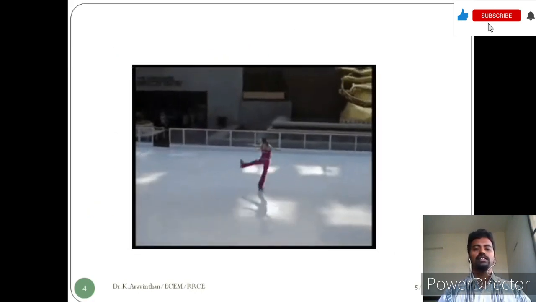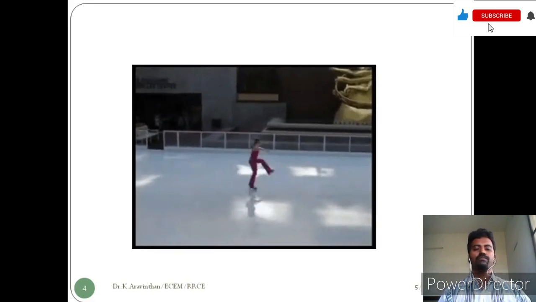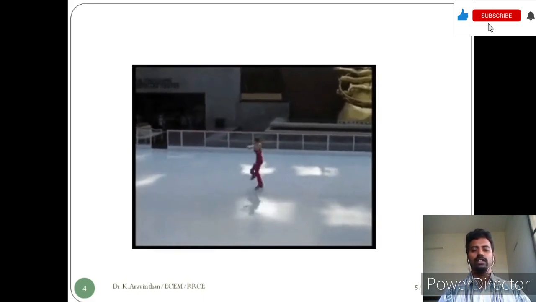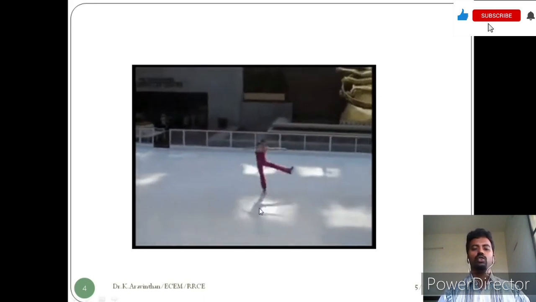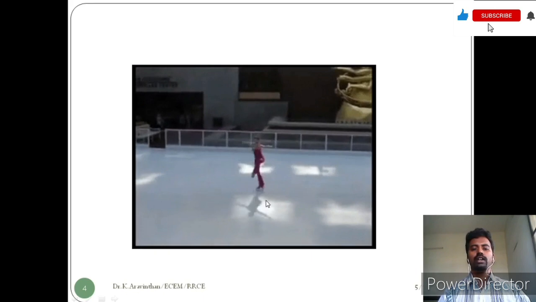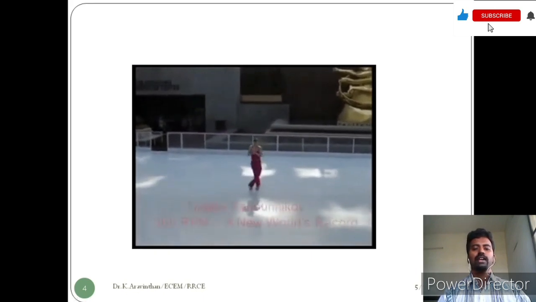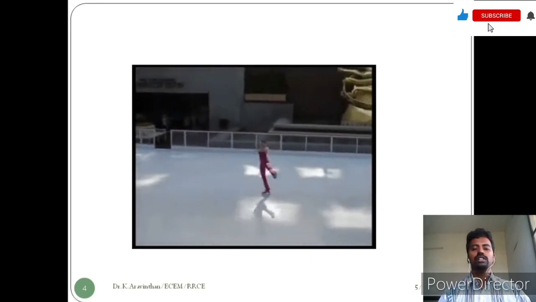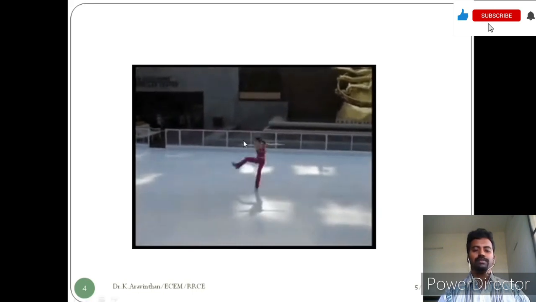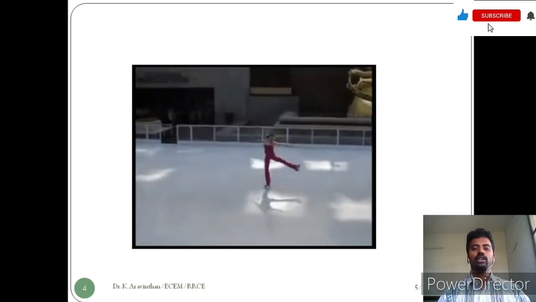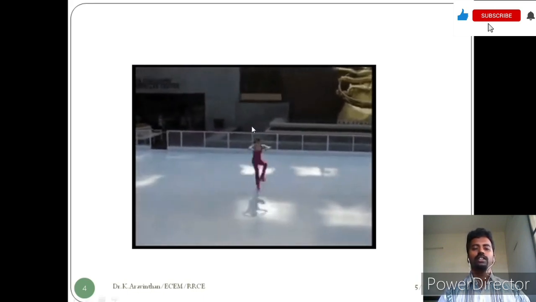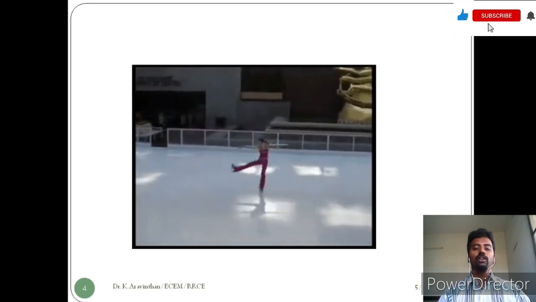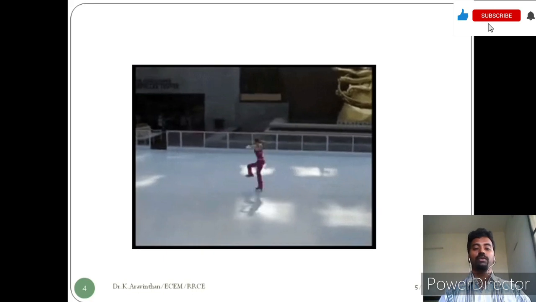Let us see a practical example. Here you can see that if we want to rotate, assume this human as a component. If the human wants to rotate quickly, what he should do is compress all the parts of his body towards the center. So if you draw a line along the person, the centroid will act and it will concentrate inside the body of the person.